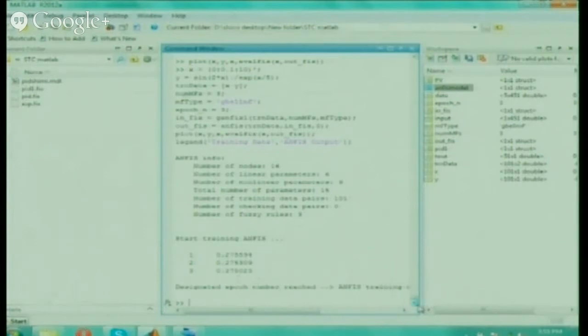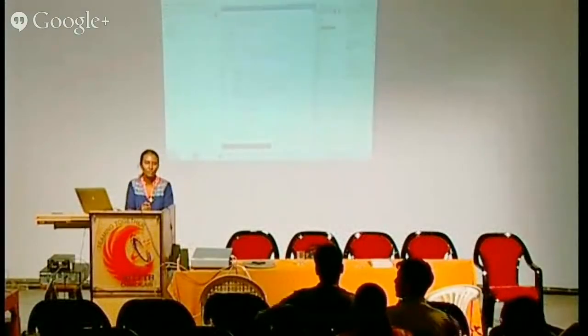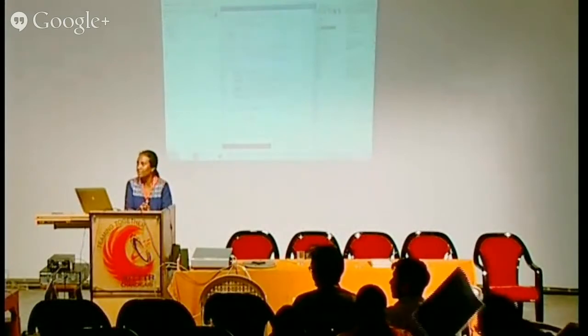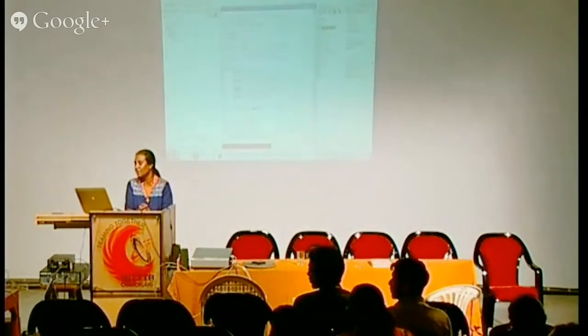So with this I'm just closing it. Okay, so today we saw fuzzy logic, neural network, ANFIS, how to implement all these things in Simulink. That was our main aim. So I think all of you understood this, is it? Now you can just go to the laboratory and practice this. Once you practice only you will become sure. If you have any doubts you can just ask me.